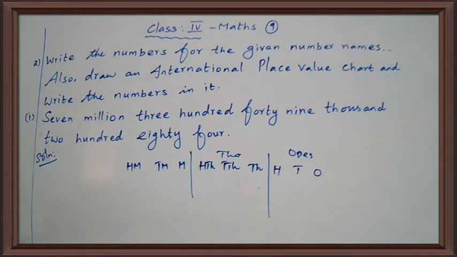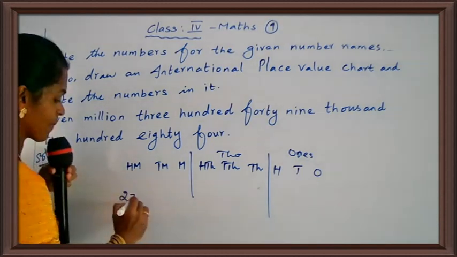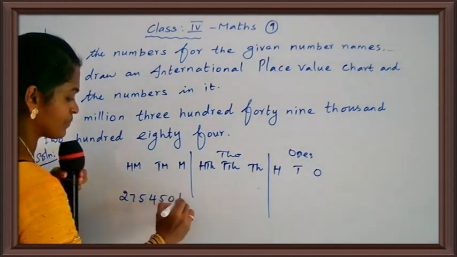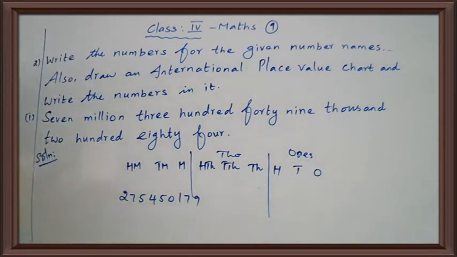Okay children, here for example see one number. How do you read this? Before reading, you separate the number with periods. Why? We use periods to read a number or to write its number name. To show the periods in a number, commas are used. So now mark the periods.